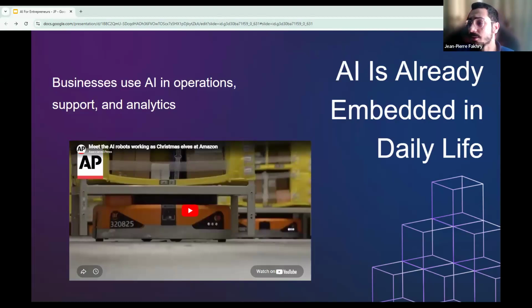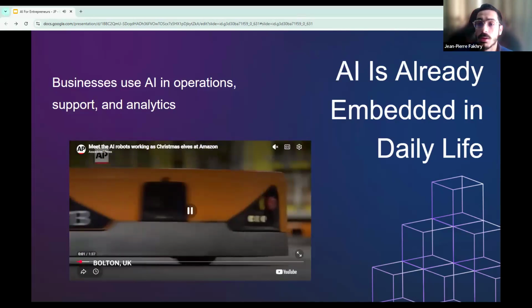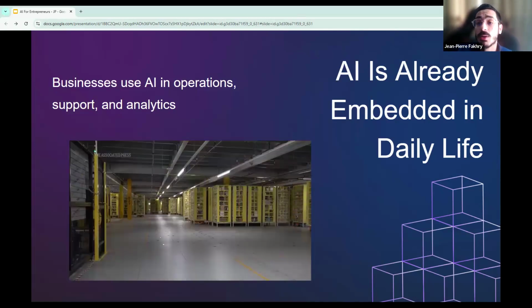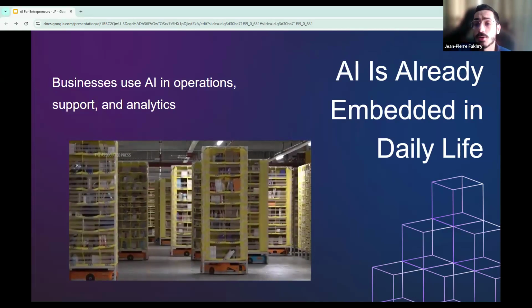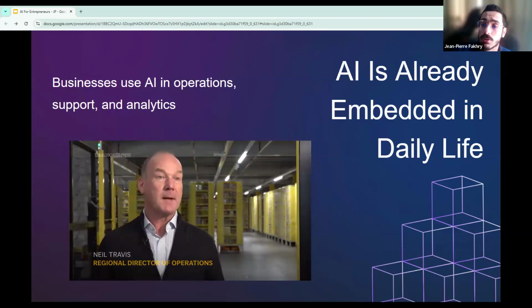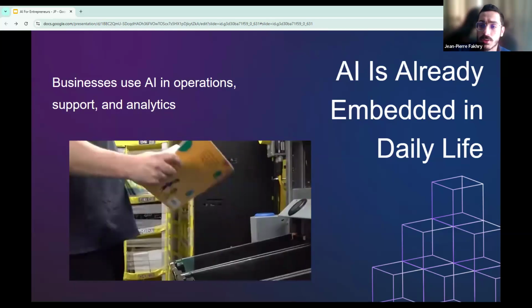Now, let's talk a bit about behind the scenes. Behind the scenes, companies of all sizes use AI in ways that are invisible to customers in some ways, but critical to operations. So let's take a look at this example. Retail companies like Amazon use demand forecasting to decide what to stock before the season starts. Banks use real-time fraud models that process thousands of transactions per second and flag suspicious ones in milliseconds. Call centers use AI to route the calls and so on.